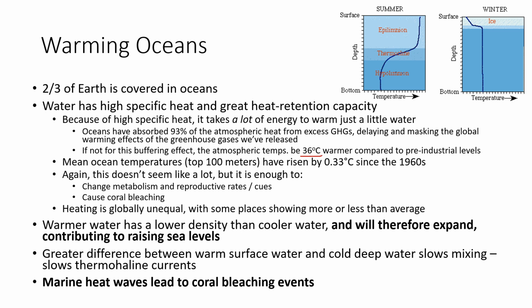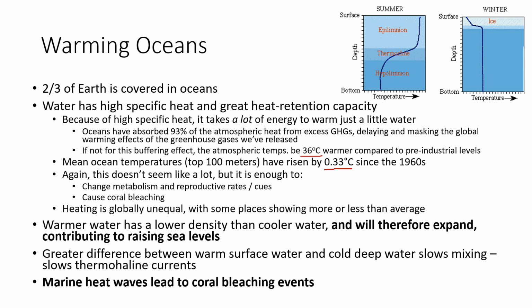So most of that heat, most of that energy, is getting absorbed by the oceans. That's why we haven't seen an immediate increase in global atmospheric temperatures after greenhouse gases started to get released in the Industrial Revolution, because the oceans were taking up much of that excess heat, and that's why there's this lag time. So the mean ocean temperatures have risen by about a third of a degree Celsius since the